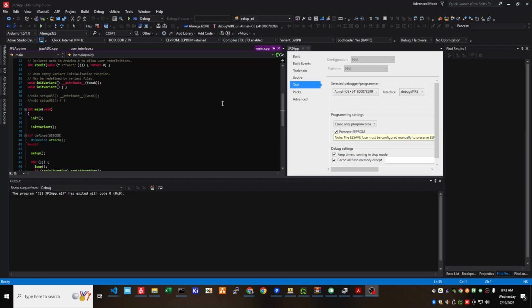Alright, so I've been having some problems for a while getting my custom ATmega328PB circuit board that I made to be able to relaunch using Visual Micro in Microchip Studio. It runs on debugWire, and the problem I was having was that Visual Micro was always trying to flash via ISP through the Atmel-ICE that I have before launching the debugWire session, at which time this erase-only program memory